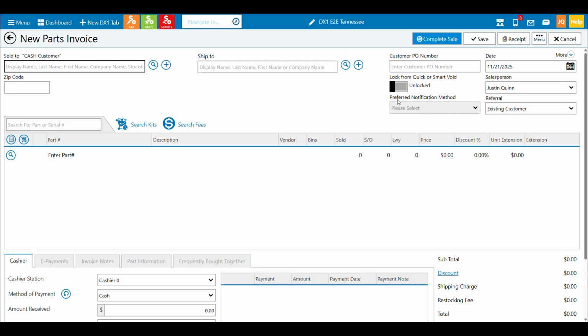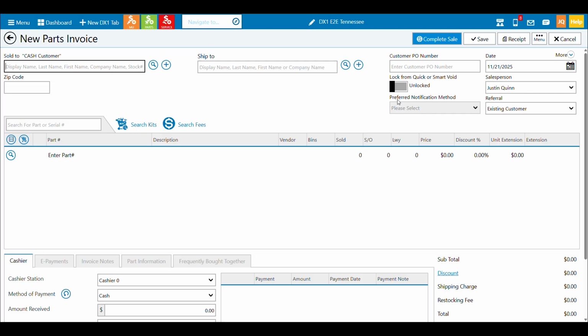If you're going out to some type of event, you can use DX1 from anywhere on a browser. You do have the ability with the integrated payment partner with MIC with the Clover terminals. If you have the right type of mobile setup or you have connection to Wi-Fi, you can always take their terminals with you. But even if you don't, you could be requesting e-payments from your booth, from your event, whatever it is you're doing, with the customer again right in front of you.